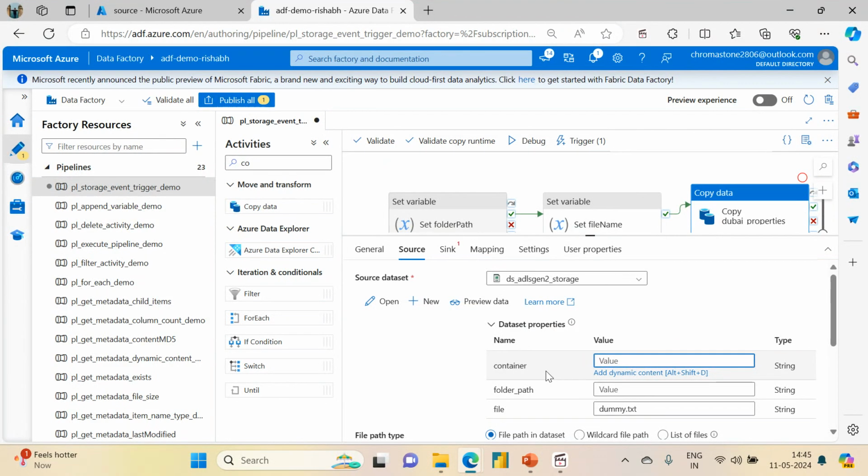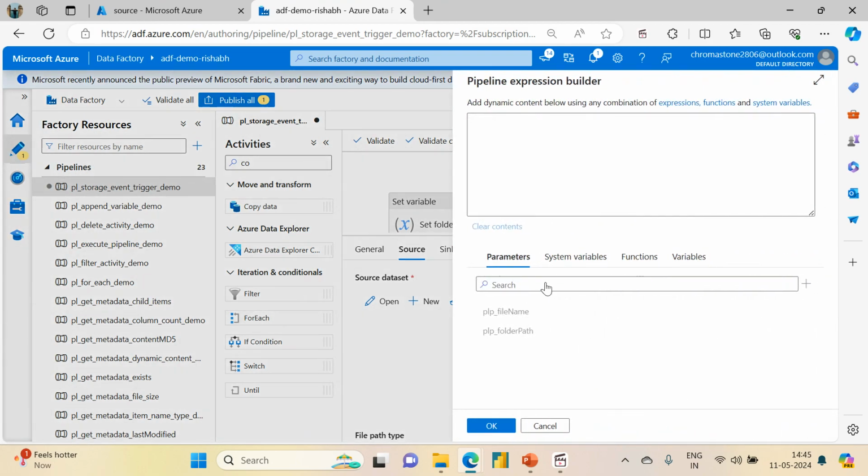So there are two ways to do it. Either use a split and get the container name, or you can hard code the container and go for the folder path. So I'm going to choose the simple option. I'm going to say it is source container. And here what I'm going to do, I'm going to say